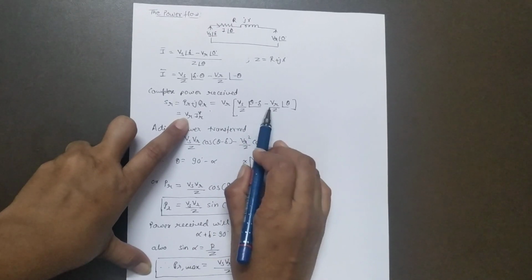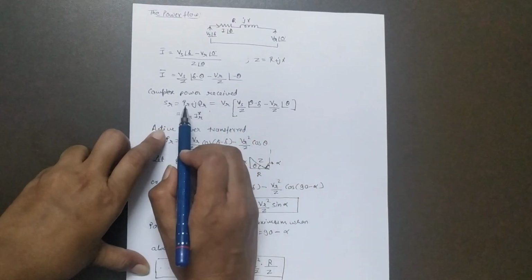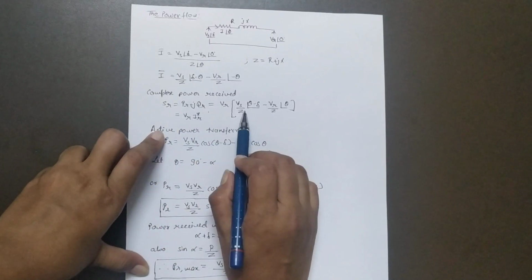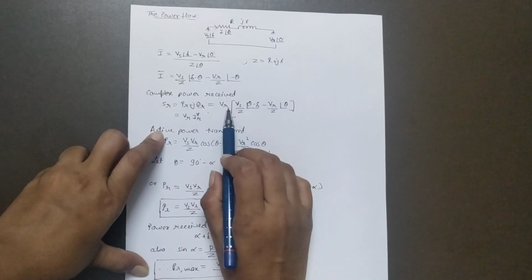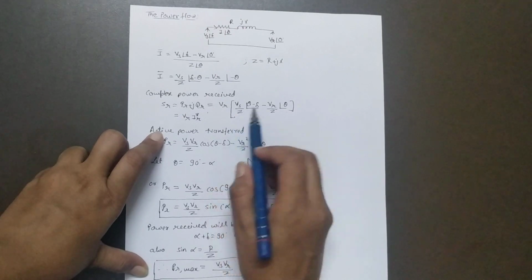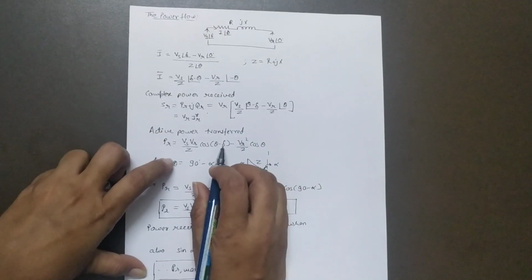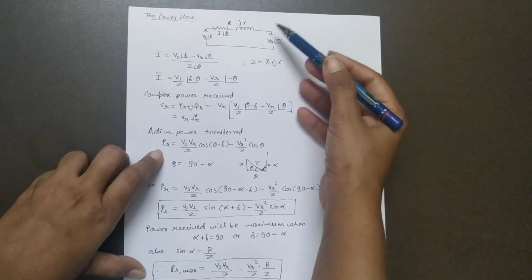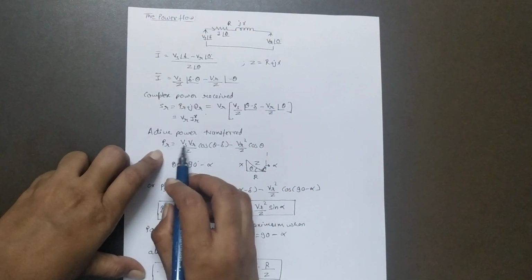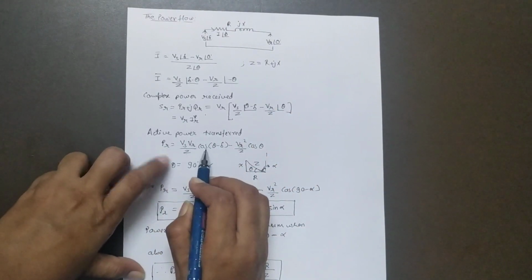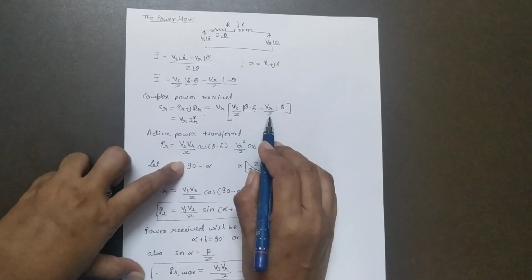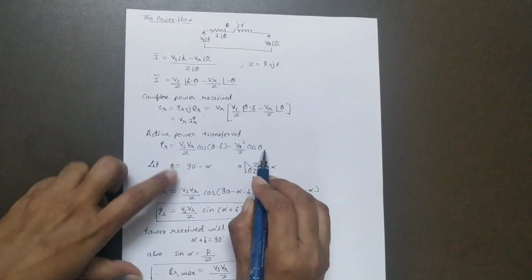Now if it is required to get the active power, then after multiplying by VR, we have to consider the cos term. So the active power at this receiving end is PR equal to Vs VR upon Z into cos of theta minus delta, minus VR square upon Z into cos of angle theta.